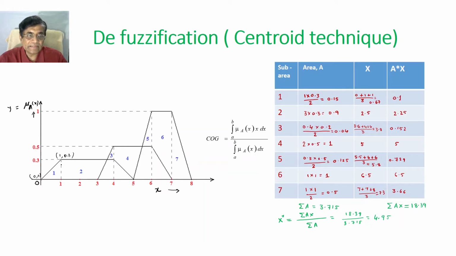But here another simple method you can follow is that they are regular geometric figures. This is a triangle, this is a rectangle, this is another triangle, this is a rectangle, like that. Okay, and let us try to calculate. So how many sub areas are there? 1, 2, 3. So let us see. So this is the area, 1,